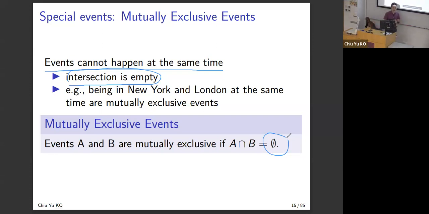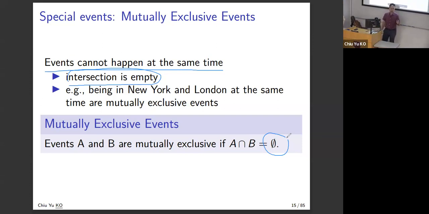So it must be the case that you can only date either girl A or girl B at a point of time. So dating girl A will be mutually exclusive with dating B. It can't happen at the same time. Assuming they talk together, then things will explode. So do note that mutually exclusive means that they can't happen at the same time. It doesn't mean that one of them will happen. It can be both false.